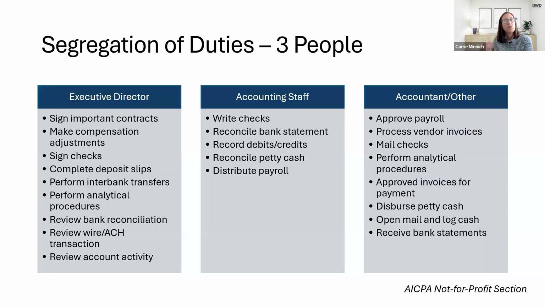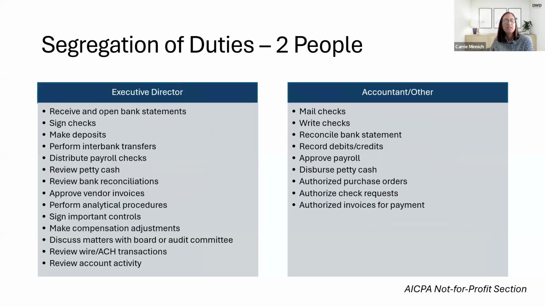The next slide shows if you only have 3 people that you'd be able to allocate duties between. And then finally, we have just 2 people. Now, obviously, allocating duties between only 2 people isn't the best plan, isn't the ideal situation. However, if you are limited, you want to make sure that you can segregate certain duties between the people as necessary. If you are limited in your staffing and you don't have people that can help segregate duties, you can always consider using your board of directors, especially the treasurer. Get them involved to provide some additional oversight.